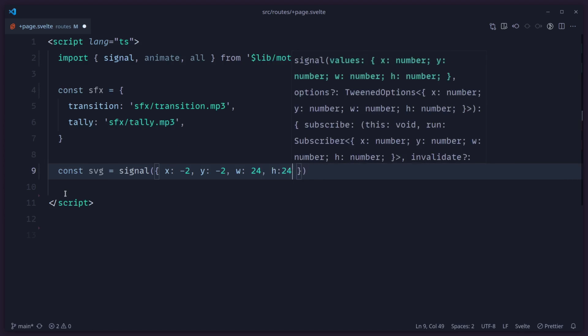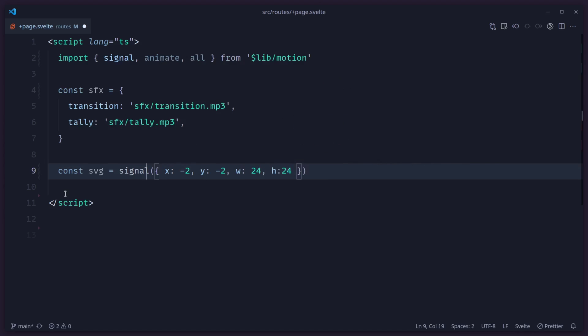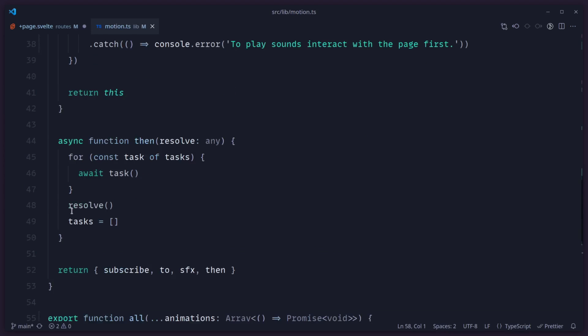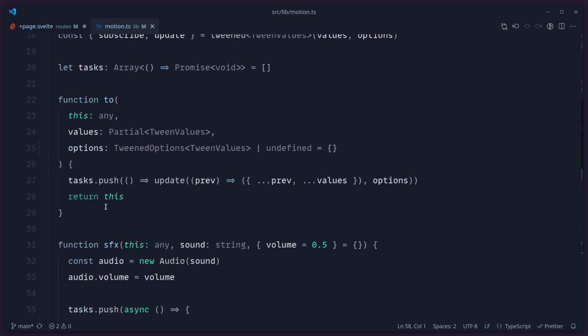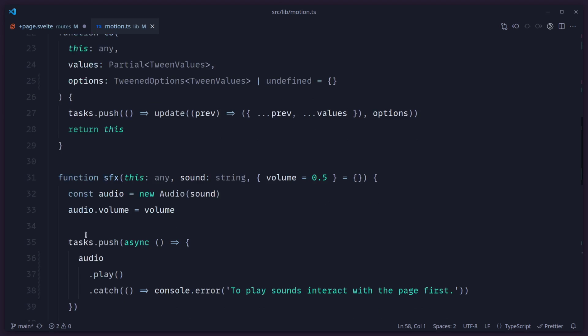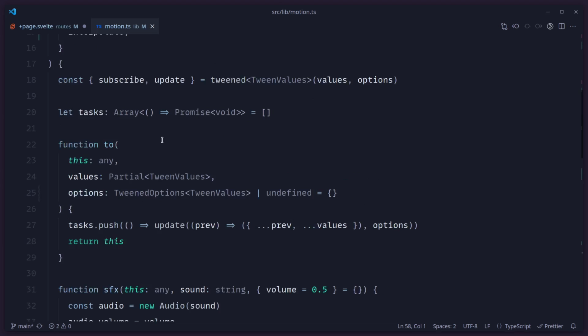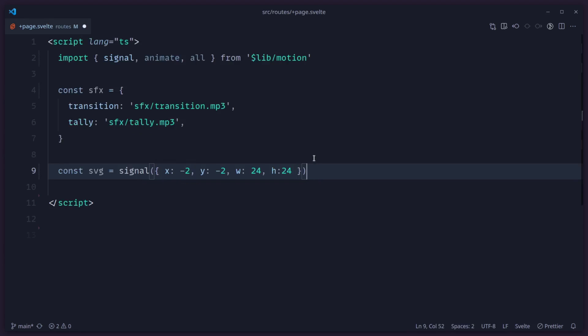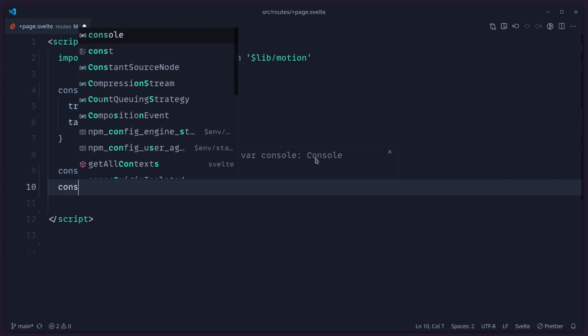And also, by the way, I didn't mention it, but maybe you don't want to always pass in an object in this signal. So let me just go here to a library. So maybe you can check here what type of value this is when it's pushed. Let me just find where it is. So here when you have 2, maybe you can check, hey, if the user just passed a single number, then you can maybe just use the set method, right? So you can make it more flexible if you want. But for right now, I'm just going to keep it like this because I don't mind defining an object.